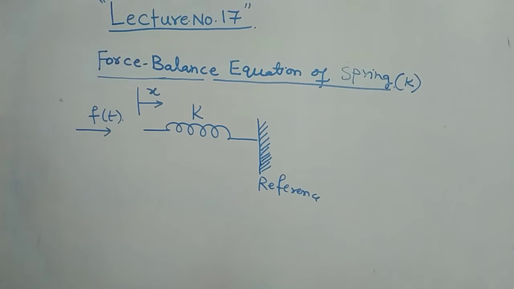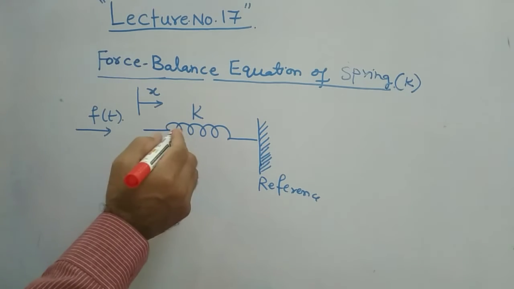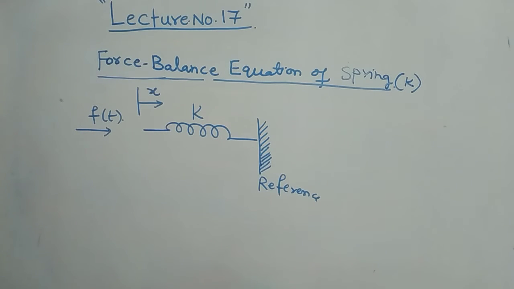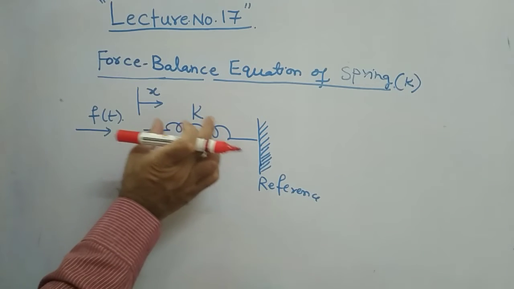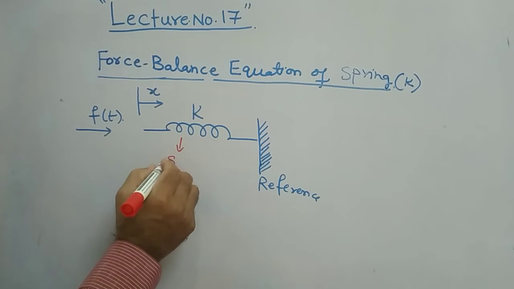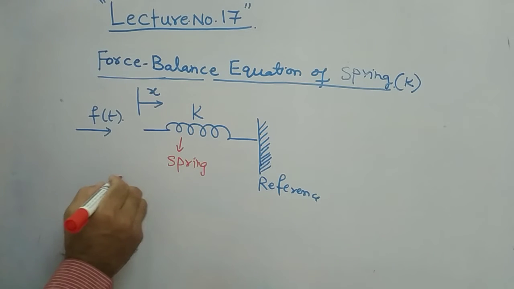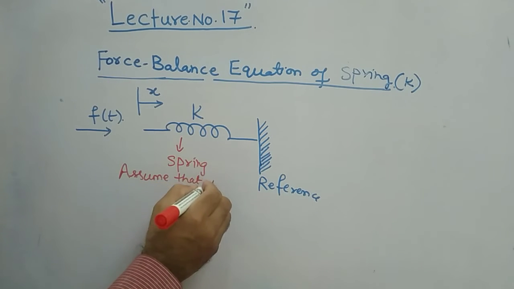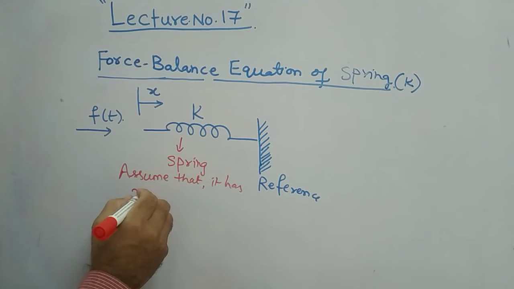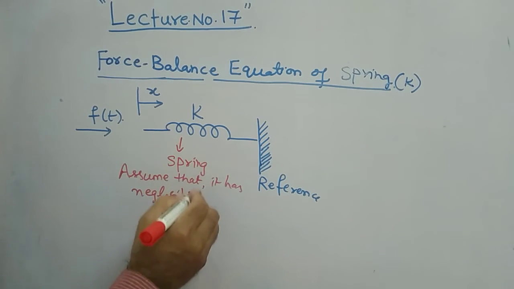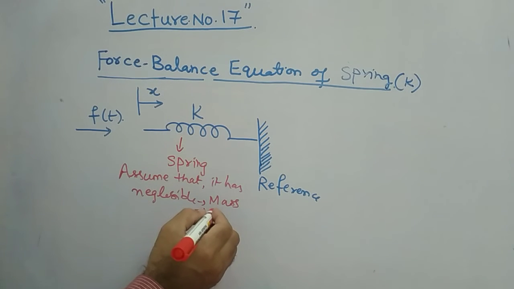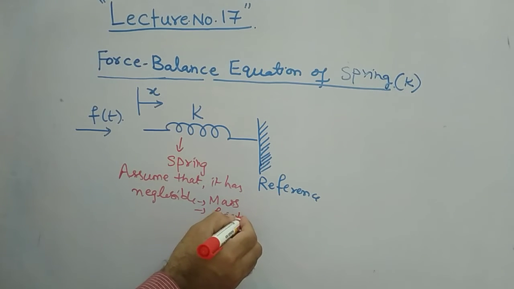Assume that this particular spring has negligible mass and negligible friction coefficient. That we have to assume. This is your spring element. Assume that it has negligible mass, and then negligible friction coefficient. So if you neglect these two, then